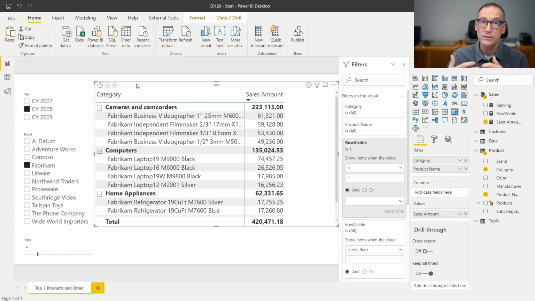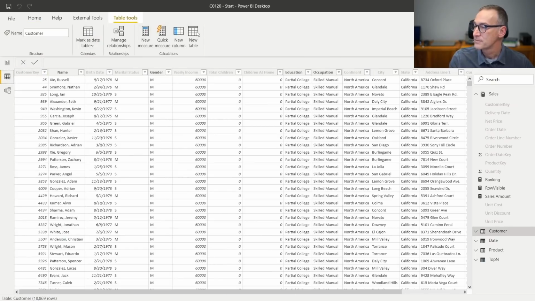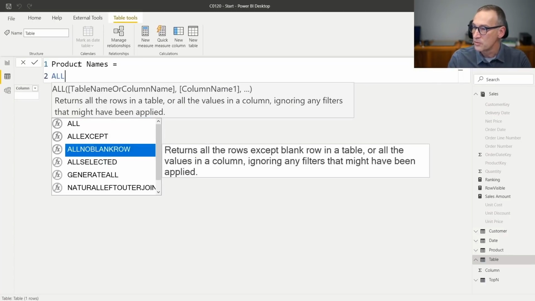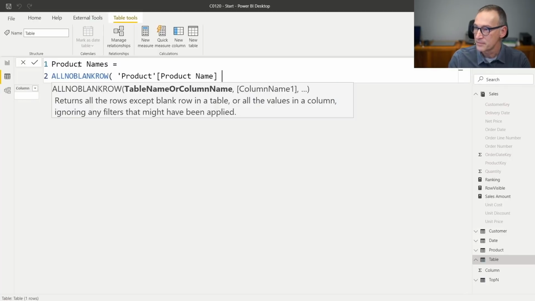To do that, we create a new table that contains all the values of the product name plus this additional row. To do that, we need to create a new table. Let's call it product names, where we use all no blank row of product name.